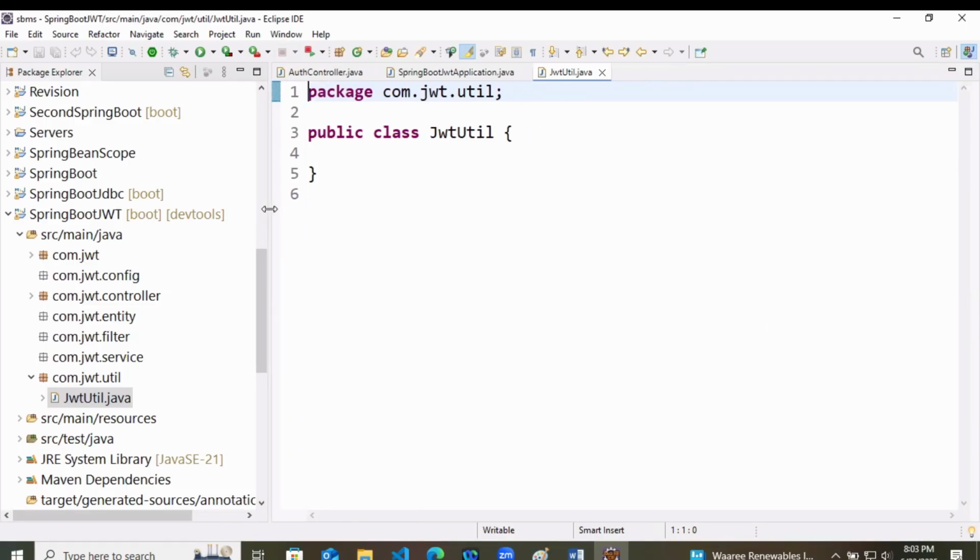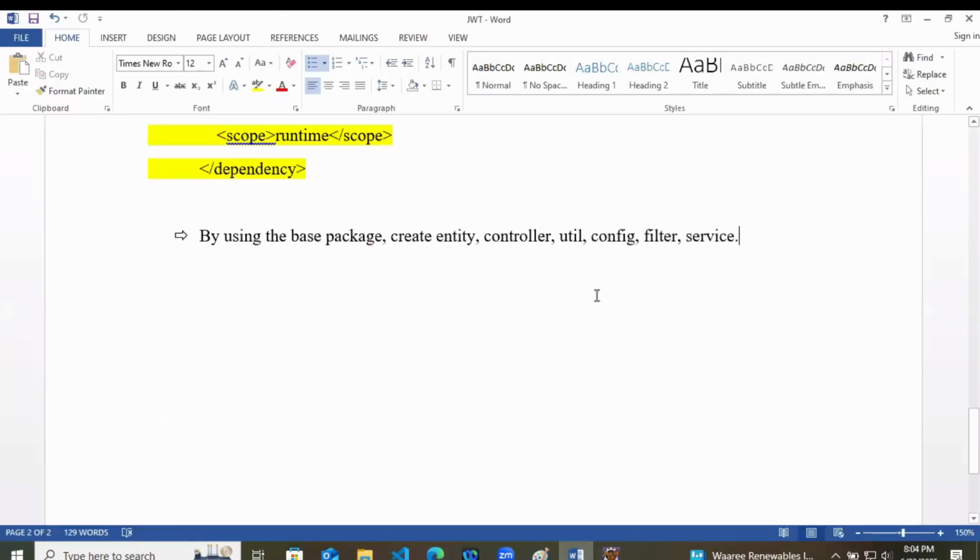Now what will this class do? Utilities means the task. The task of this class is to generate the token and verify it.